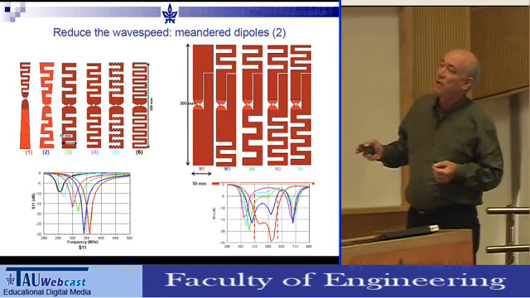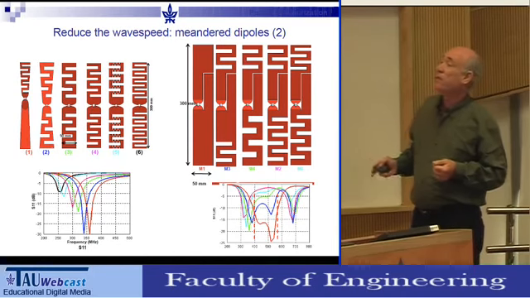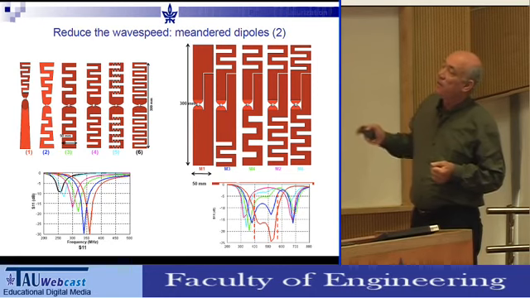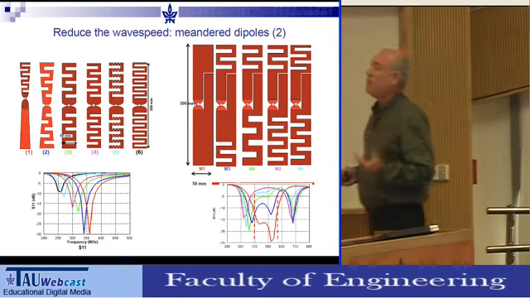You start meandering one, and then you keep changing it, and you get all kinds of return losses versus frequency. And then you can also get the two arms to overlap in a way. If you see here, this arm goes in this direction and so on, and then add more and more meanders. But the point is